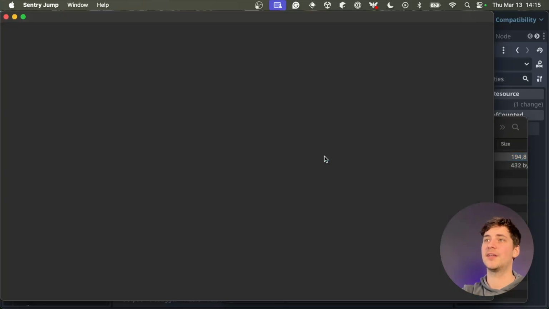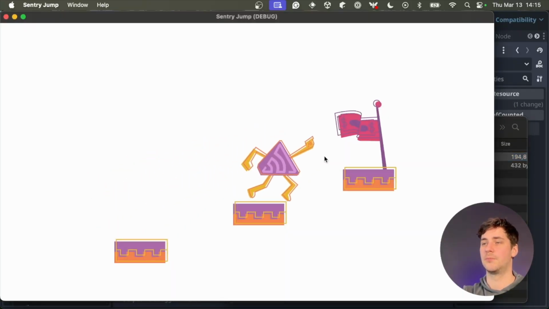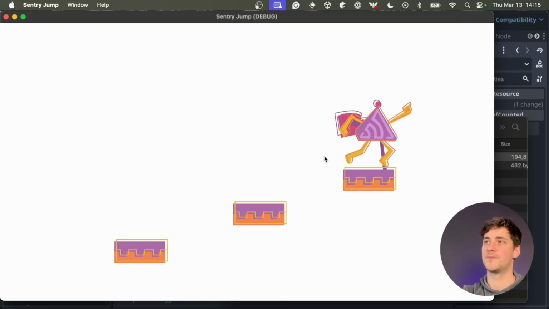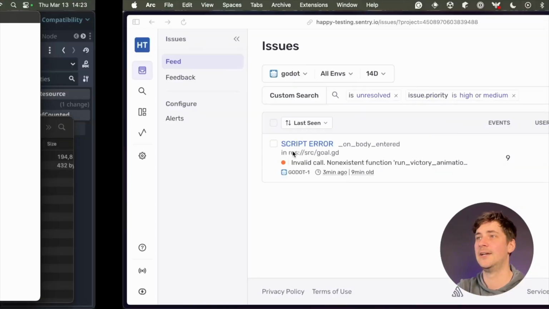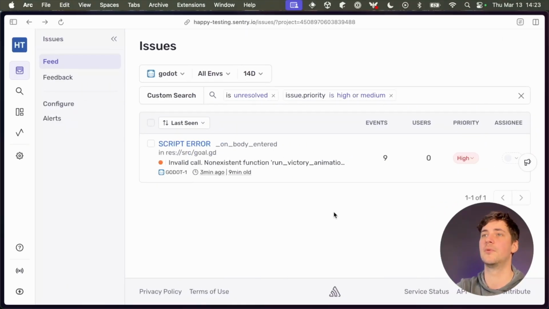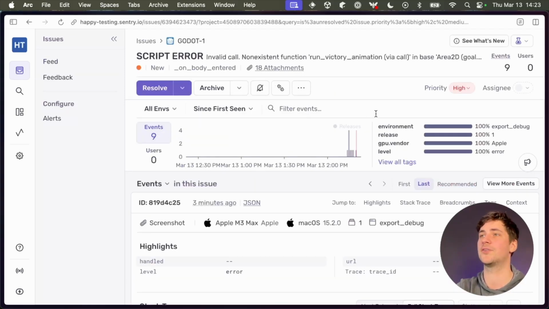Now after exporting the game again, jump away, we're still running into the same error. Sorry, we can't fix it for you just yet. But let's head over to Sentry and see how the SDK reports this error to us. Now on the issues page, we get to see a stream of individual issues coming in. Opening up the details of one of those issues, we get to see what it was that the SDK was able to collect for us.